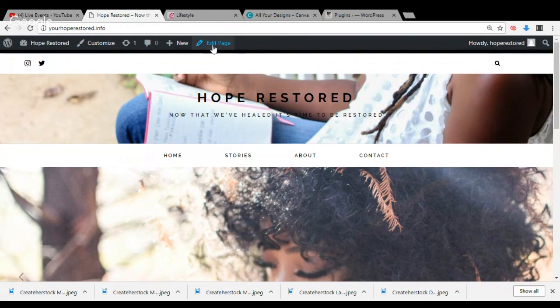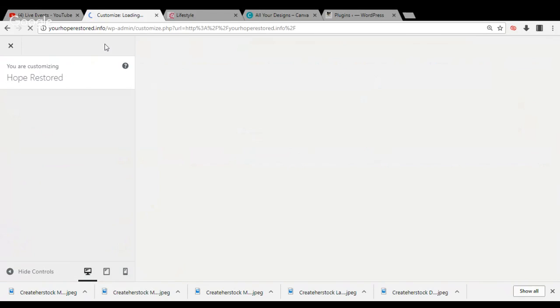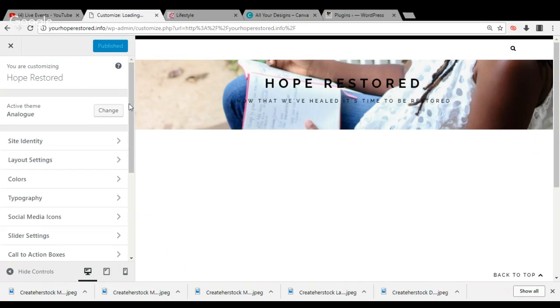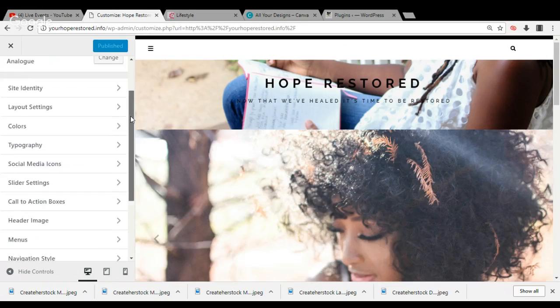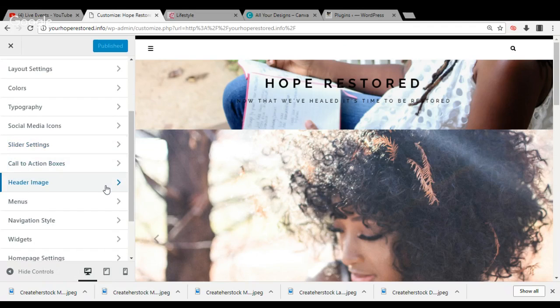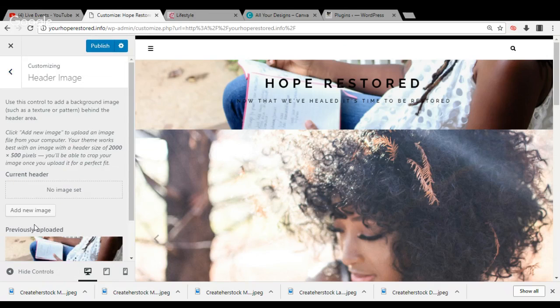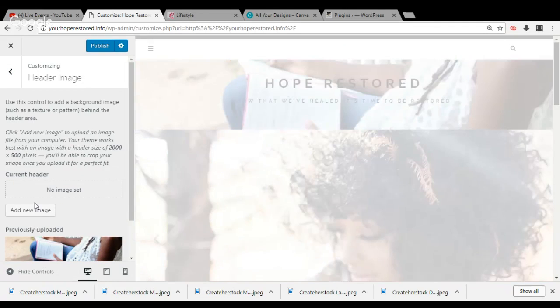I actually had to find, we're gonna go back to customization. We're gonna take that header off, it's bothering me. I usually don't do image headers at all. I usually do either a customized header that I've designed, or just no header at all. But I'm gonna show you guys how to make your own customized header